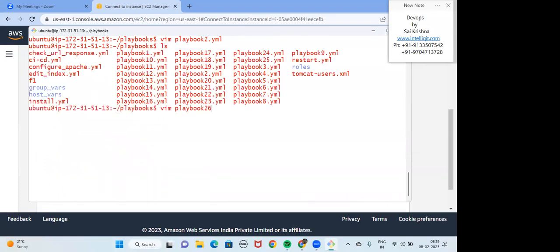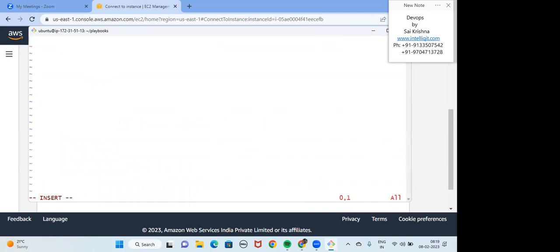I will call this playbook playbook 26.yaml and see what I'm going to do. Name is equals to configure Apache 2 or HTTPD based on OS platform. This is what we are trying to do. And hosts is equals to all. The next one is tasks. Now in the task section, I'll say name is equals to, first of all, we'll start with Apache 2. Install Apache 2